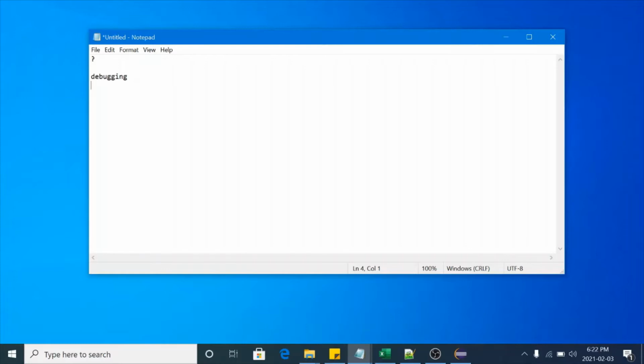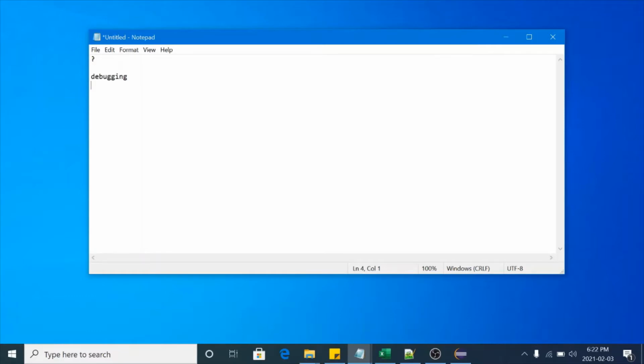Maybe there is some issue with the web page, it's not loading, maybe that element is not visible. If you capture the screenshot and you see that, once your script has failed, the element is visible on the web page, then you will think that there is some issue with the locator that we provided in Selenium. So a screenshot just helps in debugging a Selenium script. Okay, so let's code how to take a screenshot in Selenium WebDriver.